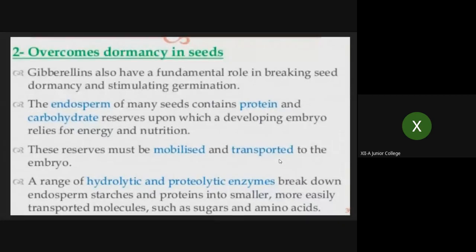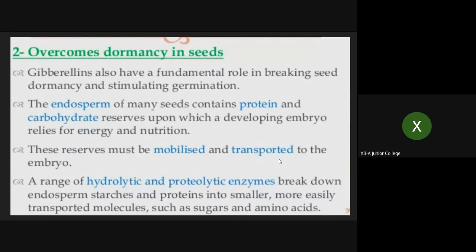Now you know the meaning of dormancy. Some of you might remember, last year we learned this word. Dormancy, that means what? Seeds remain in the dormant stage means what? All the physiological activities are stopped. They are not in a position to grow, or that means to germinate. That is what is called the dormant phase. That means the resting phase. Okay, dormant phase is what? Resting phase. All physiological activities have been stopped.